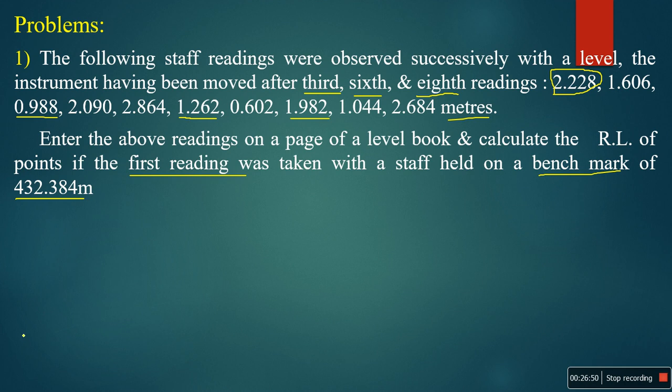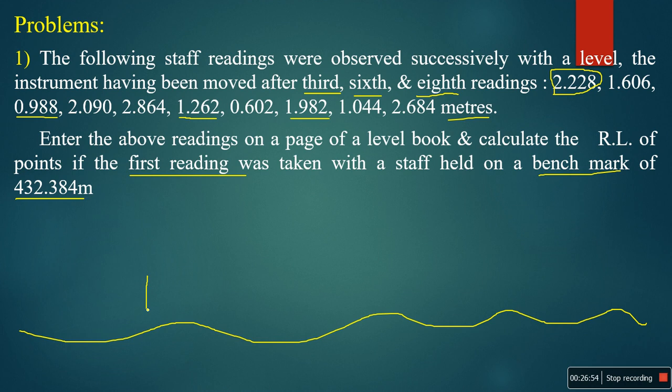Okay. So I am assuming that this is our ground level. So here I am setting our leveling instrument. Just assuming this is our benchmark. Okay, this is our benchmark. The RL of the benchmark is given in the problem, so directly I am writing it here like this. Okay, so this is our telescope. The line of sight will be exactly horizontal like this.